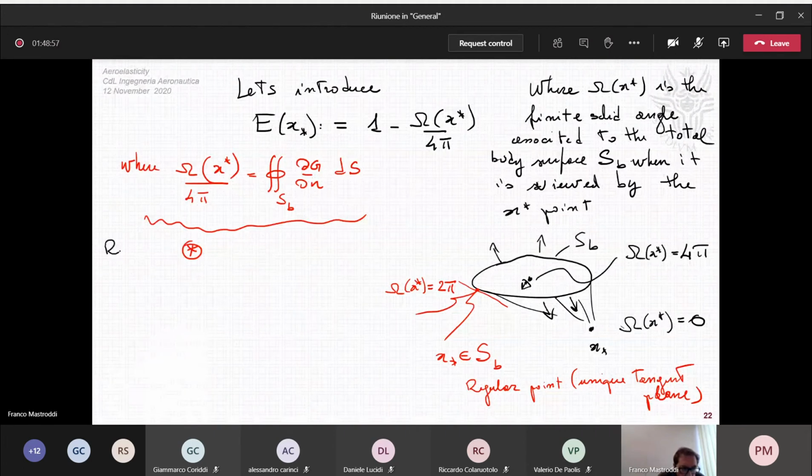You can revisit the equation star, and then we have E is 1 minus the integral of dG in the n dS, by, this is E,